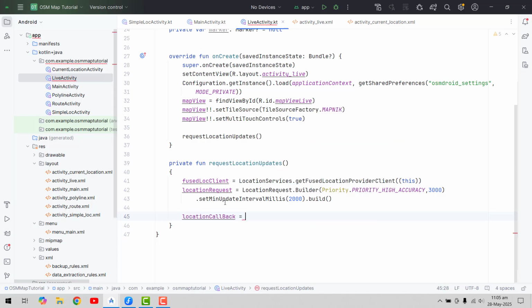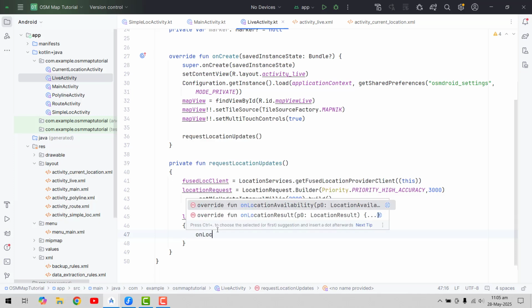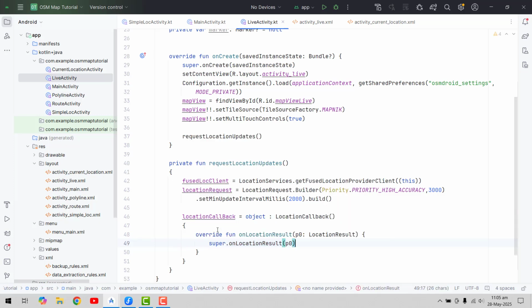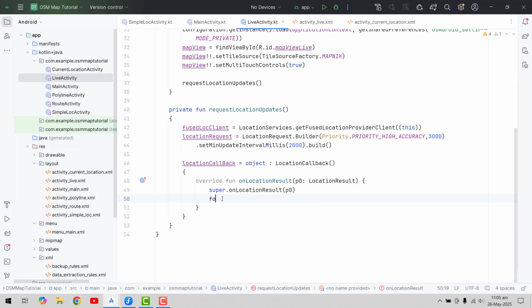And so here we can say location callback equal to location callback, and here we will import the function on location result, and inside that we are now going to fetch the location. So for that, let me use the for loop for location,